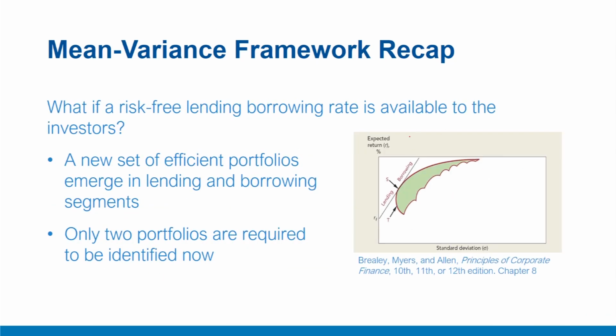Also, while discussing this portfolio optimization scheme and efficient frontier, we noted that if risk-free lending and borrowing rates are available, which are the same, then one can also draw a tangent from RF to this efficient frontier. And this tangent line will touch, let's say, at point S. Then this S portfolio becomes one of the best optimum portfolios, and a new set of efficient portfolios will emerge, which comprise the line joining RF to S.